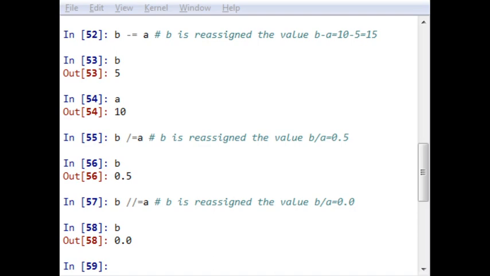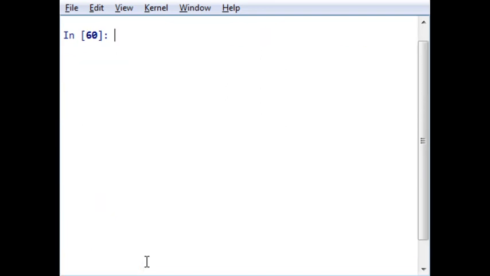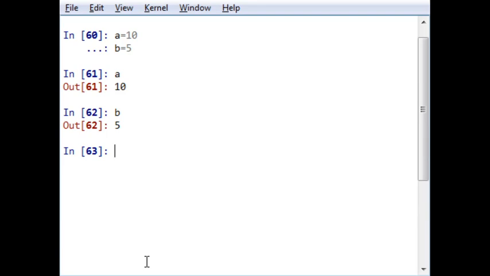So let's move further. The next operator is the asterisk, and this is b is equal to b into a. Let me again reassign the value. So a is equal to 10, b is equal to 5. In order to check whether a is 10 and b is 5, let us enter again.